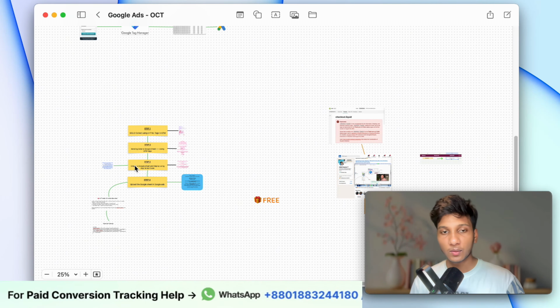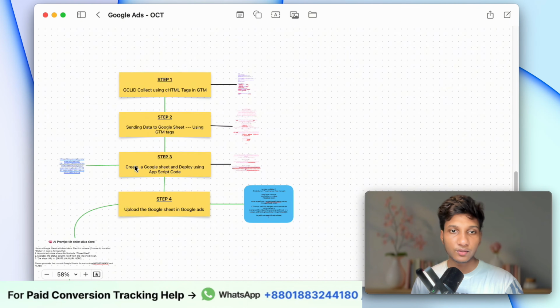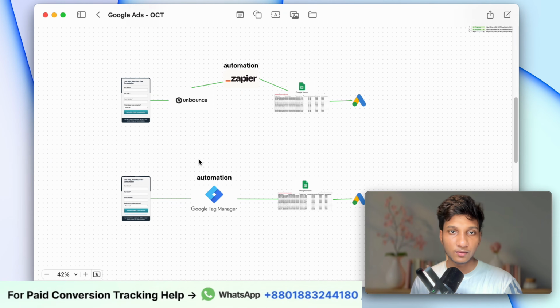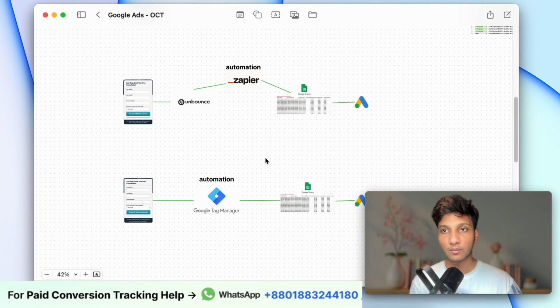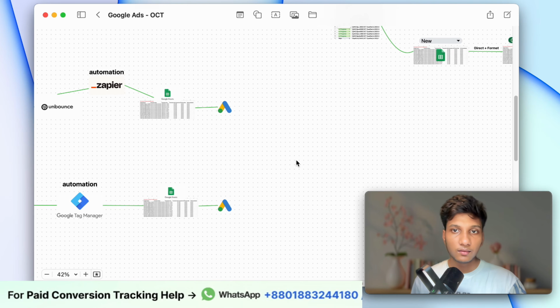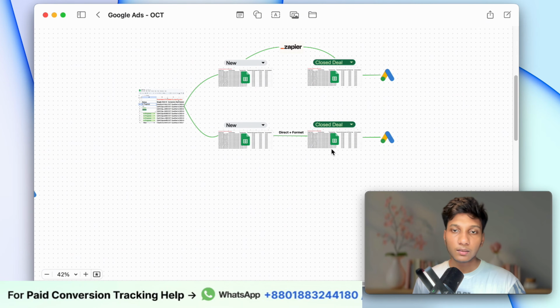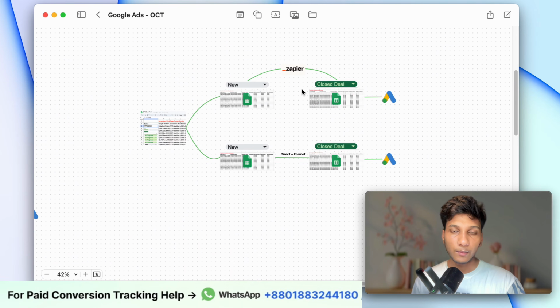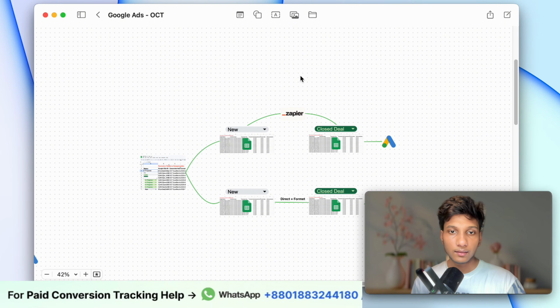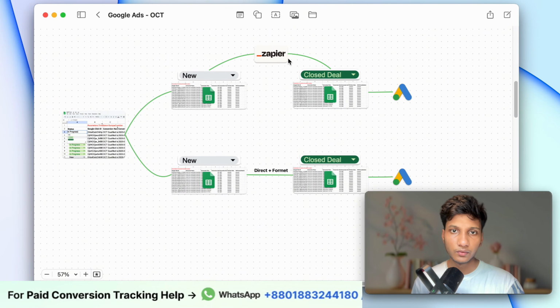Hi, in this video, I'm going to talk about how you can set up Google Ads offline conversion tracking completely free using just Google Tag Manager, and how you can do this automation. This setup would be completely free, and you don't have to pay monthly like if you use Zapier or other selling paid tools, where they charge you per month. But with my setup, as I'll show now, this is just a one-time setup, and then it will work